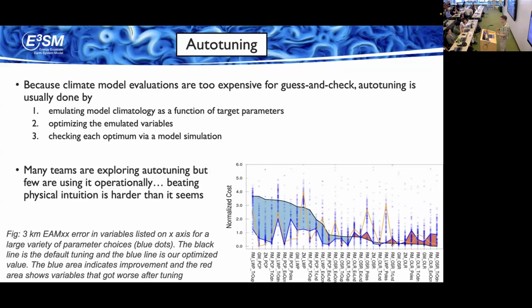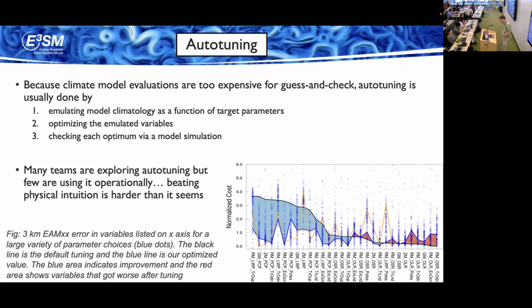And then you use some sort of optimization methodology, gradient descent or something, in order to get the optimum values of the parameters from that. And then you have to go back and actually do a model simulation with your optimal values, just to make sure that there wasn't a disconnect between your emulator and the actual model you're trying to predict.